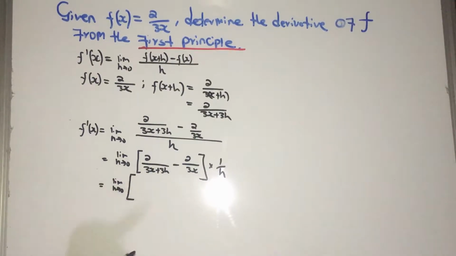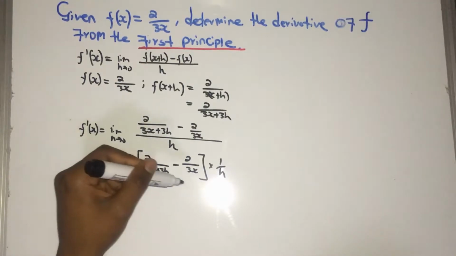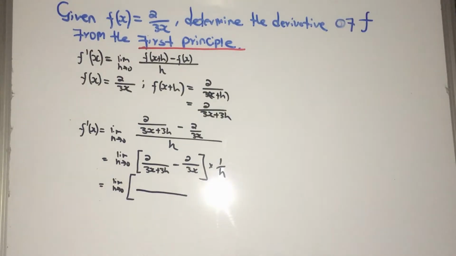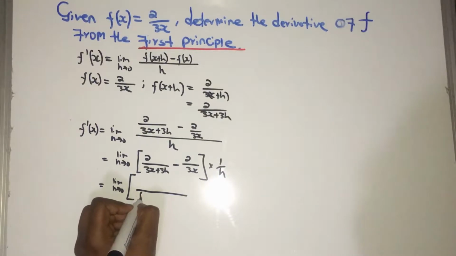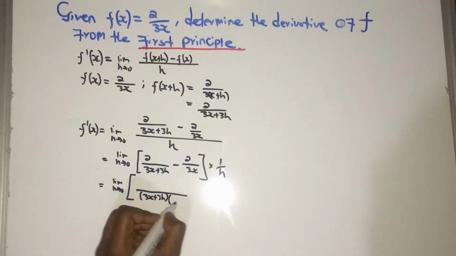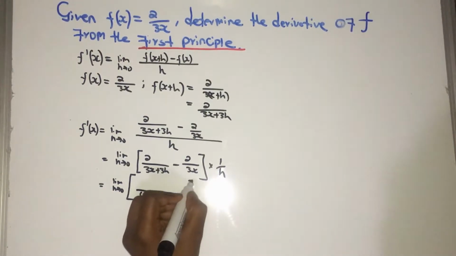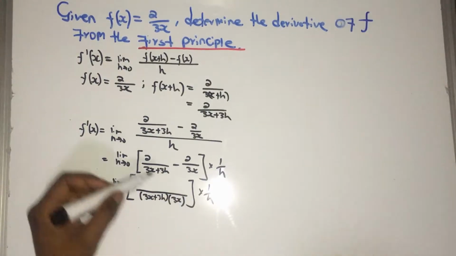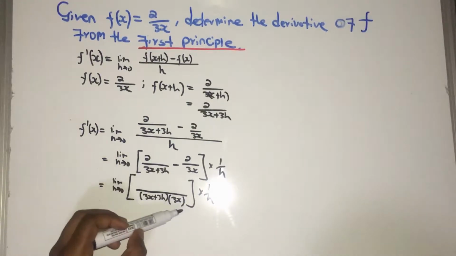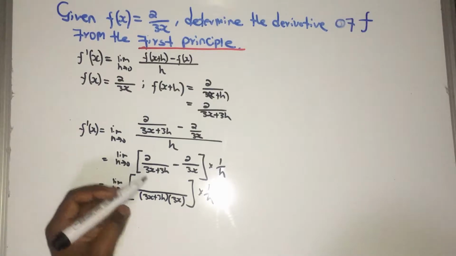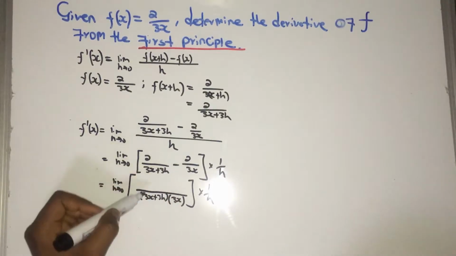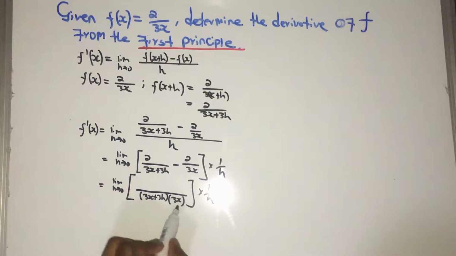I can see here that I'm subtracting 2 fractions, so I need to find the lowest common denominator, the lowest common multiple, which would easily be this multiplied by that. So that's 3x plus 3h multiplied by 3x. I still have the 1 over h. So how do we proceed? For this term, how many times does this go into this common denominator? It goes 3x, because it's the same thing as dividing this by that. So that and that cancel out, and we're left with 3x, which we multiply